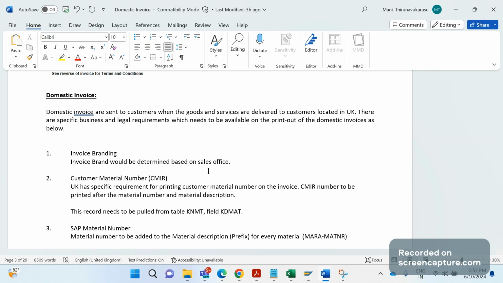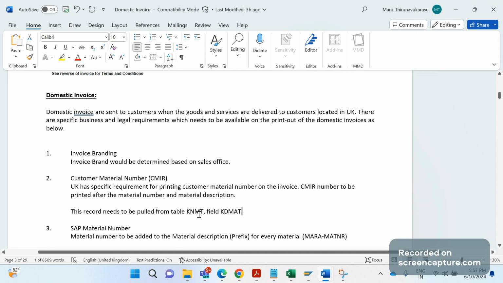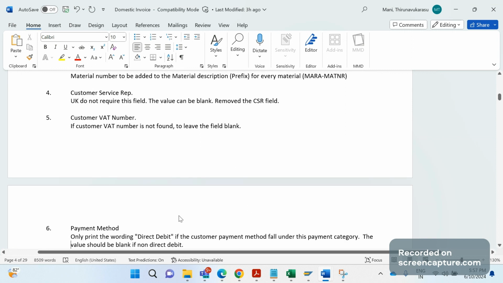Then we need to print the CMIR number from the KD mat table. The field is KDMAT and the table is KNMT, and the material number from the MARA table. MATNR is the field, and the customer service representation number is not required here, so we can leave it blank. And they want to print the VAT number also. It's the customer VAT number,